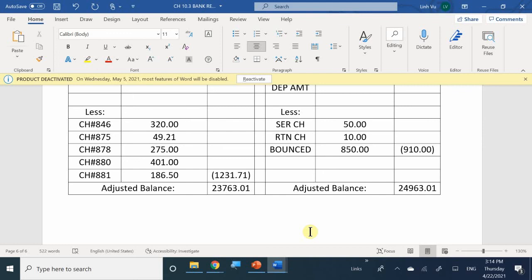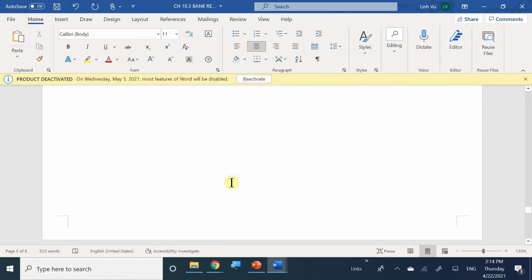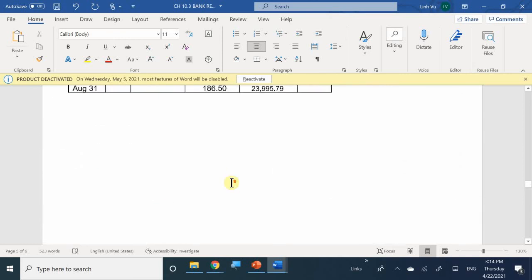What's my difference? $1,200. You're missing $1,200 somewhere. Okay, so let's go ahead and locate where this $1,200 is. At least that gives us a standpoint. We're missing $1,200, so let's take a look at our